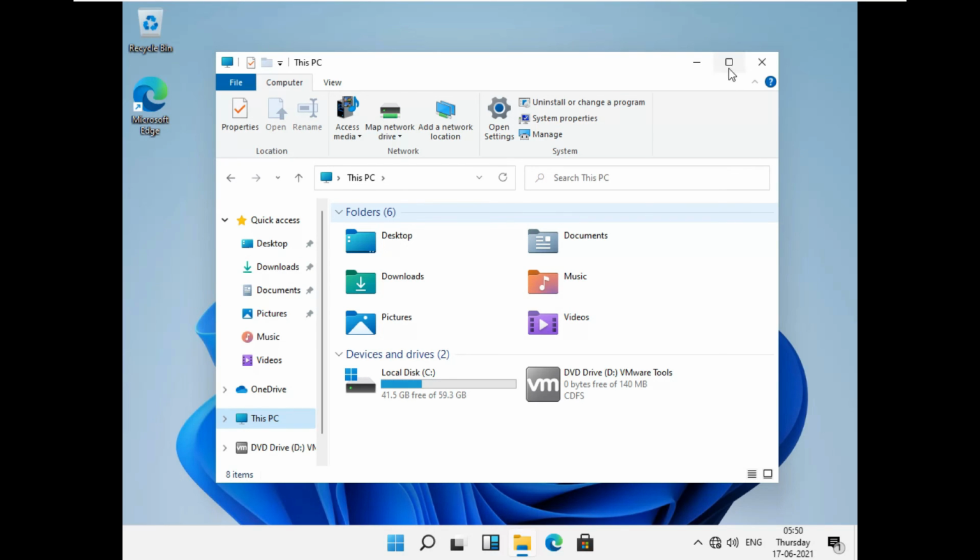And if you just hover over this maximize button, you will find the new split options that are useful when you want to open two or more windows side by side.